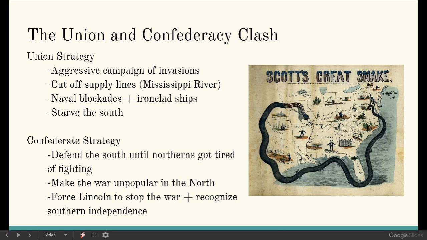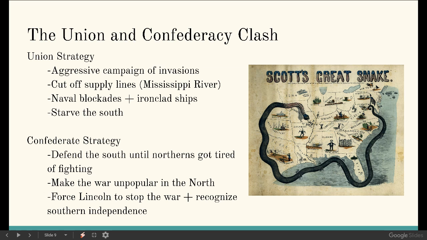Now, the major strategy of the Union is an aggressive campaign of invasions. They need to invade the South. They want to cut off supply lines, especially along the Mississippi River. They also want to institute naval blockades. So they're going to try to cut off the South from the Atlantic Ocean and the Gulf, along the Gulf Coast,